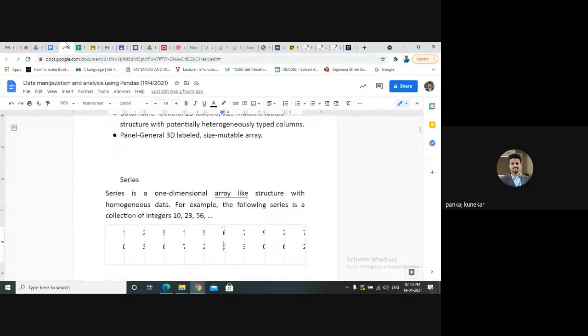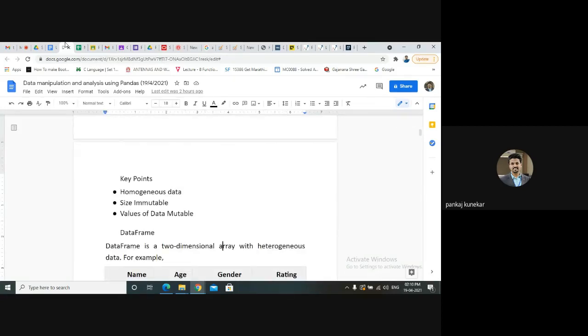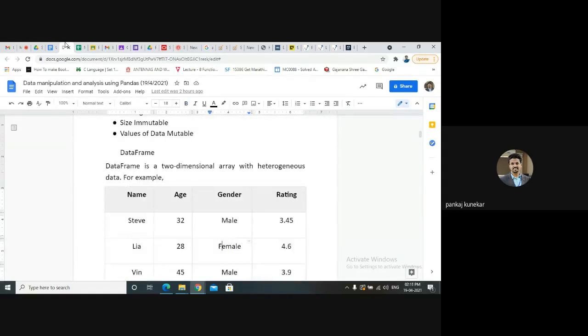Talking about series. Series is a one-dimensional array, like our homogeneous data. It can store a collection of integers like 10, 23, 56, etc. The key points of the series are homogeneous data, size is immutable, and values are mutable. For data frame, we have a two-dimensional array with rows and columns. It's heterogeneous data. We can have string and integer and decimal values also.